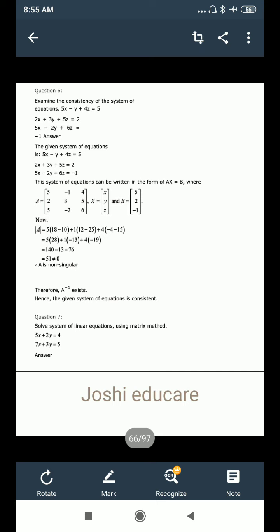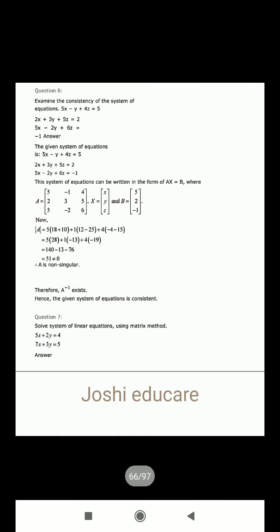Now how to solve the system of linear equations using matrix method. Do 2-3 questions, you need not try all, and you will be able to solve them. Like in this case, it is given: solve the system of linear equations using matrix method. One very important example is there. So don't forget to solve examples of this exercise.